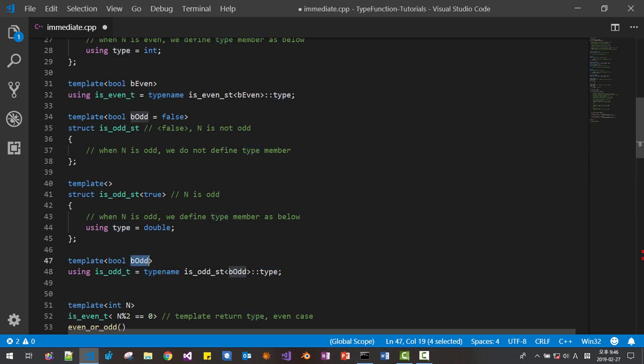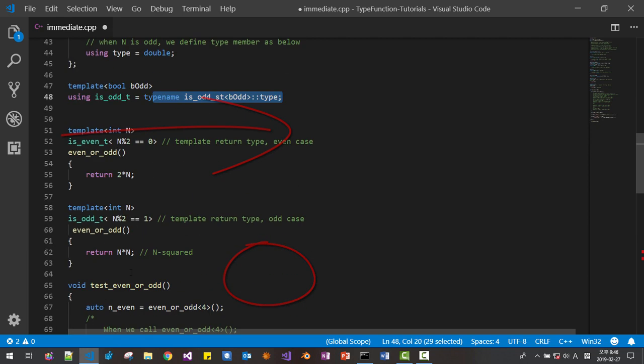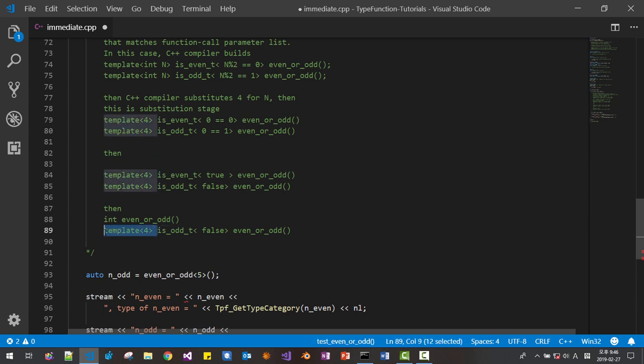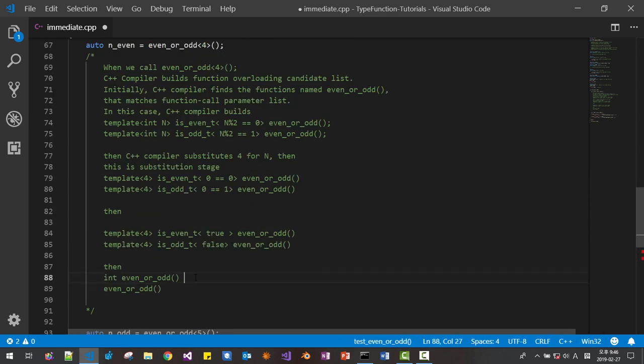If b is false, is_odd_st false, this type does not exist, so it is empty. This part is empty, so it becomes like this. Okay, this is a valid function. This is invalid.